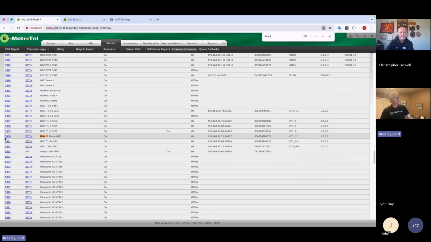Finally, the 5360 extension that I created for Brad's IP phone. This is the actual IP address of the phone itself because it's singular. The MAC address associated with it, it was an ITL12, and that phone happens to be running NEC firmware